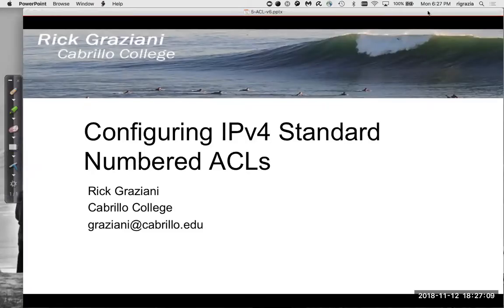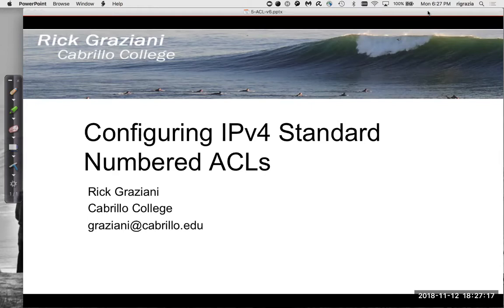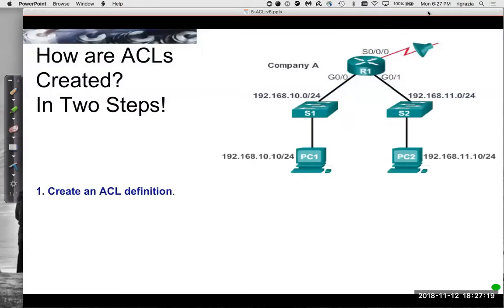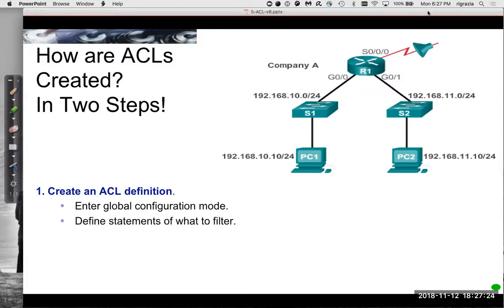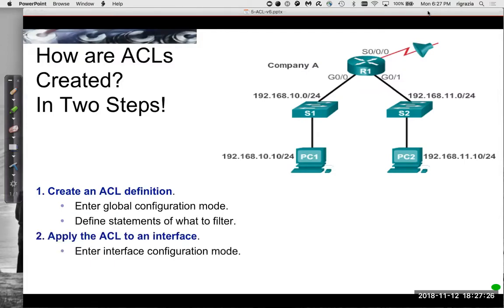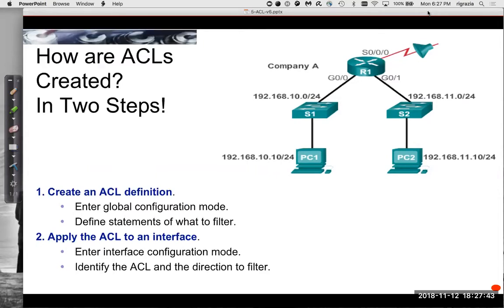Hi, in this video, we're going to take a look at how to configure IPv4 standard numbered ACLs. ACLs are configured in two simple steps. We create the ACL and we apply it to the interface. That's basically it. We'll make the decision whether it's inbound or outbound on the interface, permit and deny statements, etc. The best way to see all this is by examples, but let's go through some of the